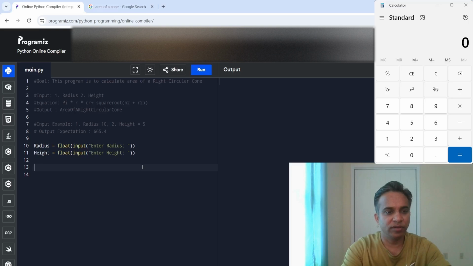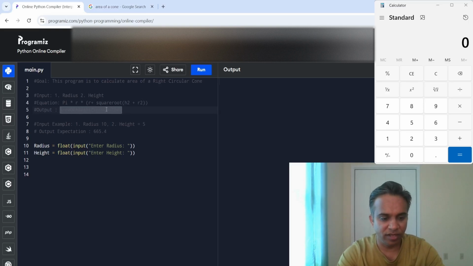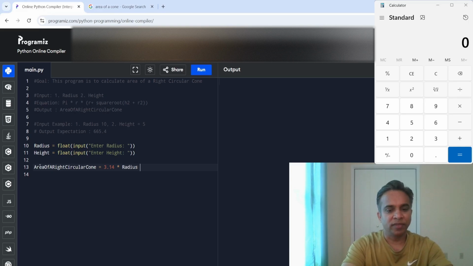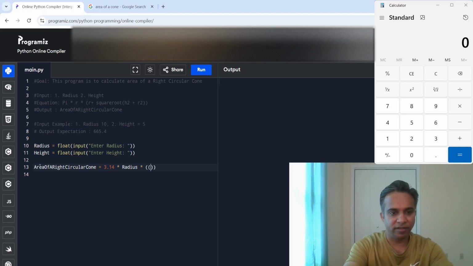Now we want to implement the equation. So area of a circular cone is nothing but pi, which is 3.14, multiplied by r. R is nothing but radius, multiplied by, then you have r in the parenthesis,